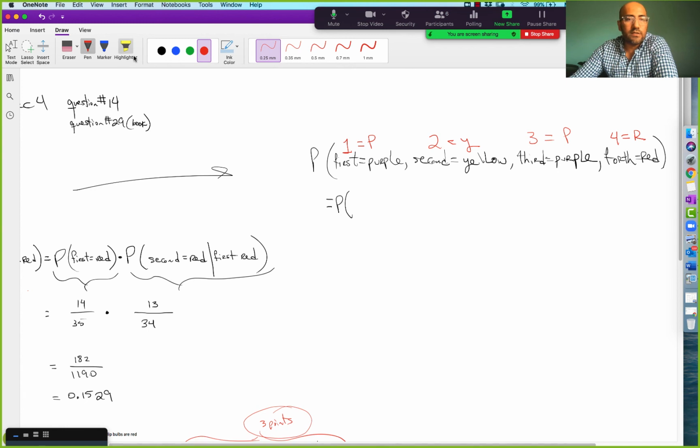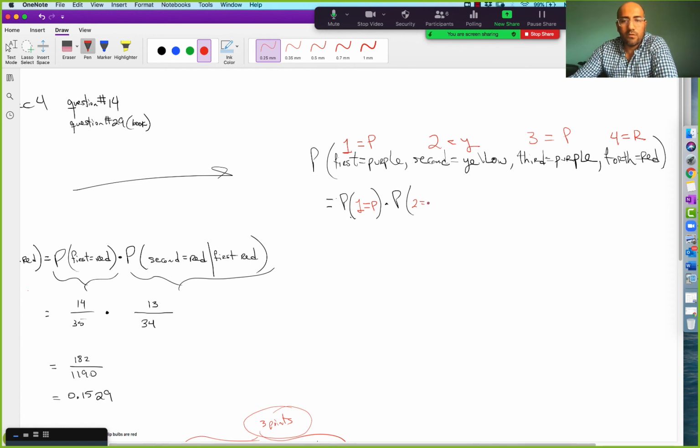Otherwise, that notation is going to get a little ugly here. So this is going to be equal to the probability that the first one is equal to purple, times the probability that the second one equals yellow,